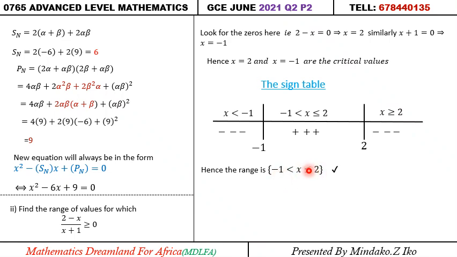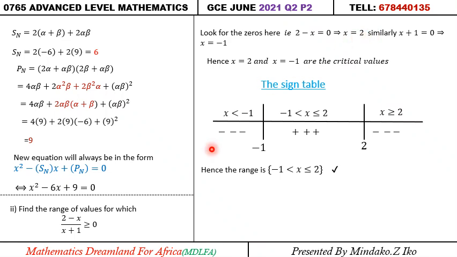There is an important point here. Some students might be asking why I didn't use strictly less than here and also strictly less than here. There is a reason for that. Let me just explain the reason. If we come back here and put x as 2,